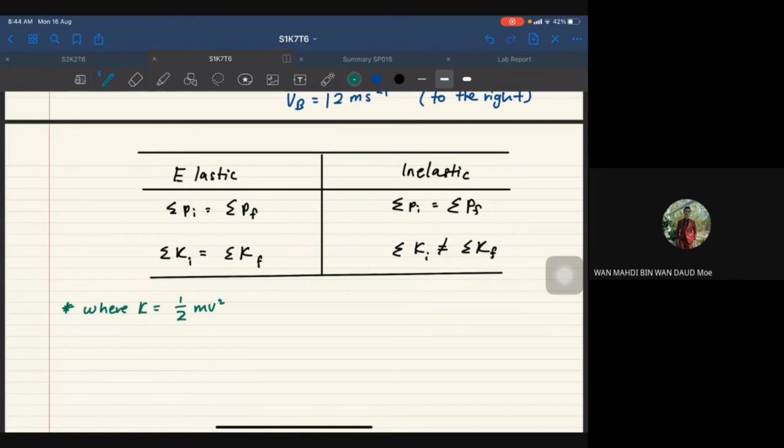Kalau benda tu melekat, let's say they collision. After the collision, they move together. That one is what we call a perfectly inelastic. Okay, itu nama je, perfectly inelastic, where